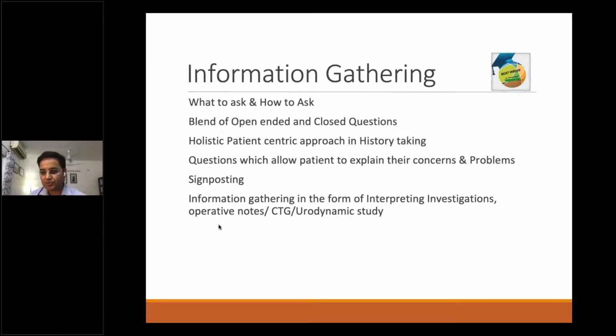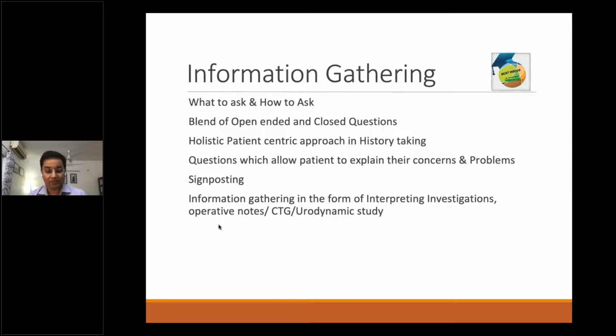But as you become senior, as you practice more and more, you're expected to evolve your history taking skills so as to demonstrate that you have that critical thinking process